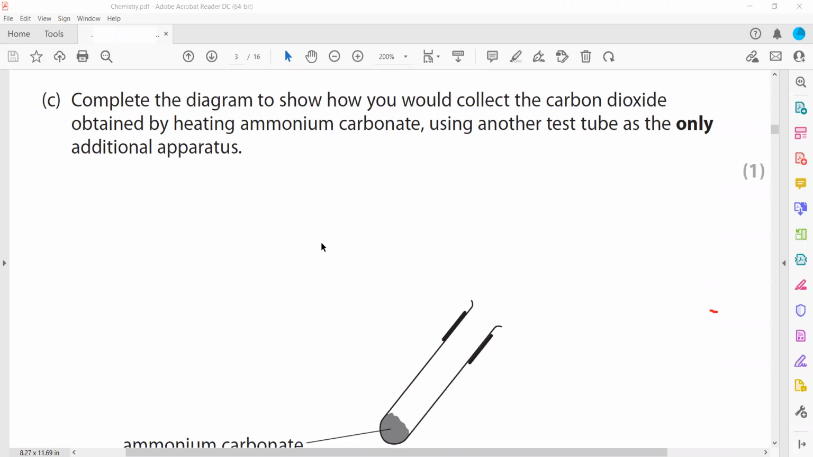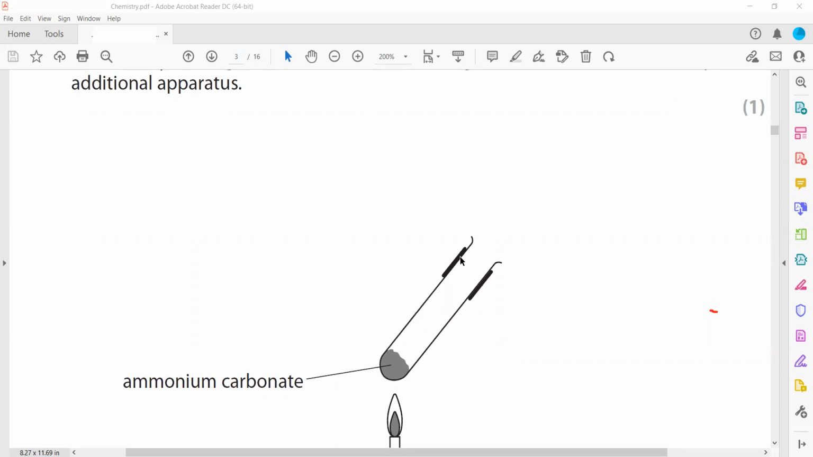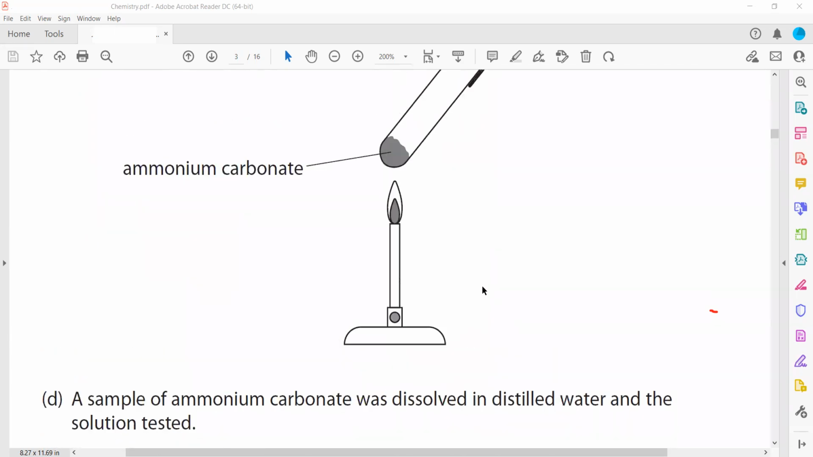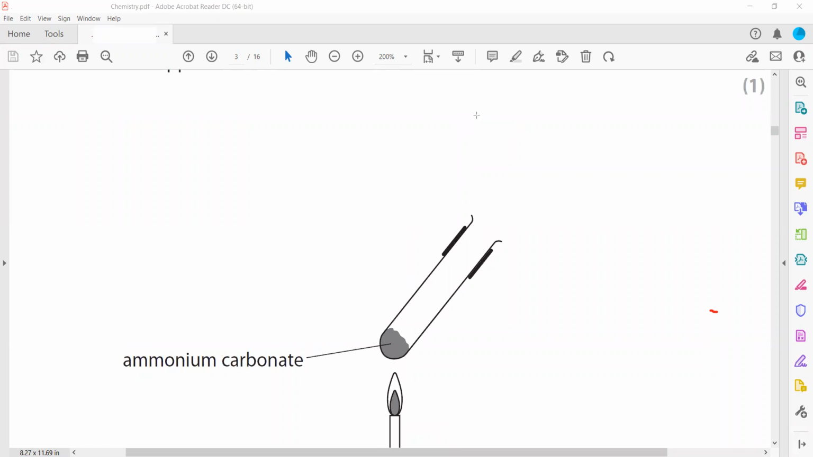The next part: complete a diagram to show how you would collect carbon dioxide obtained by heating ammonium carbonate, using another test tube as the only additional apparatus. So we can only use a test tube as additional apparatus, and here we are heating ammonium carbonate. Carbon dioxide is a dense gas. If we were collecting a gas which is lighter, and we have only a test